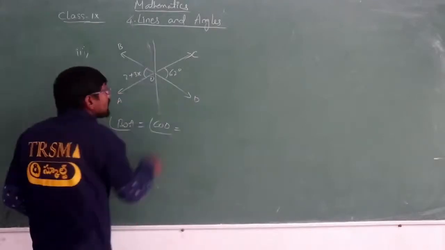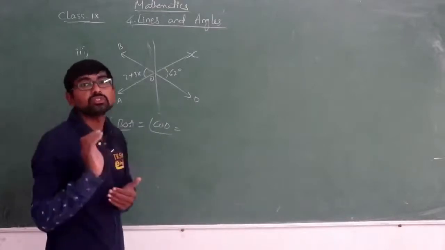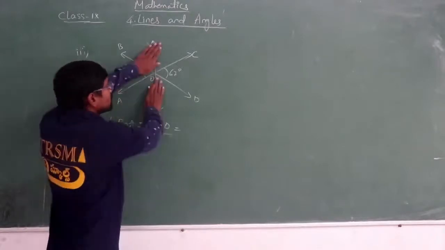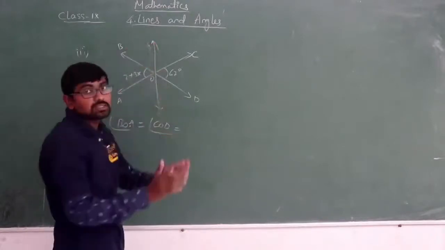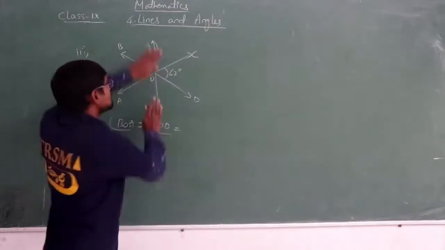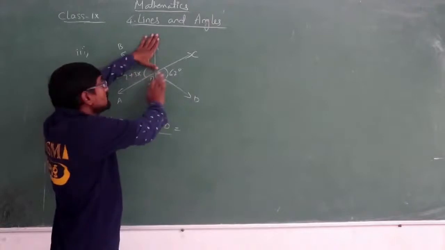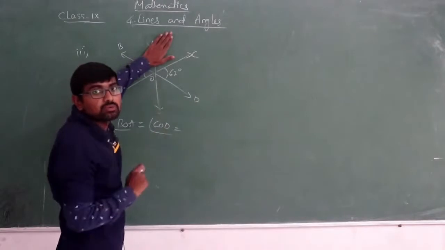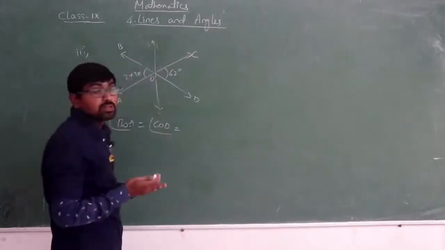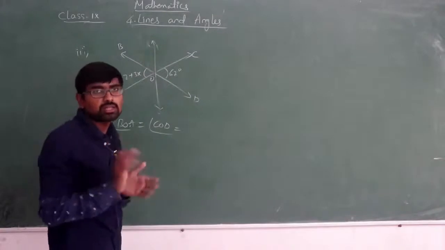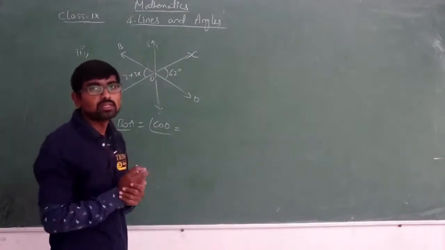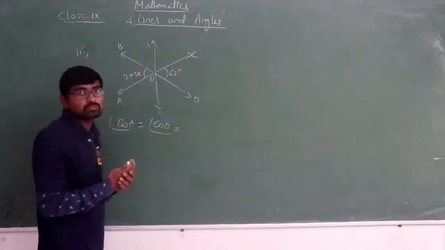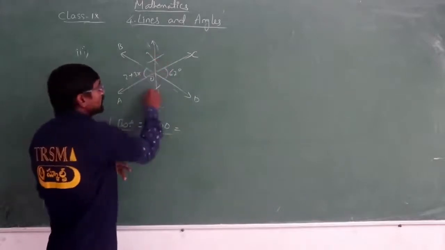So then why had he given this line? Only to confuse you. If he has given you this line, you just remember how you are getting the answer. You have to take that one only. This line we don't want. We are not taking this line into consideration for finding the value of x. So remove this line. It is not necessary for you. What happens if I don't take this line? Will it be correct or not? Don't think about that. Based upon the answer you want, you have to select yourself whether you have to take that line or not. Here there is no need of taking this line.